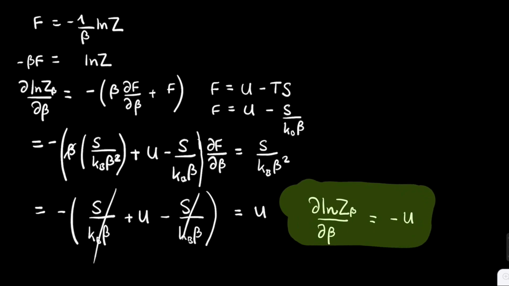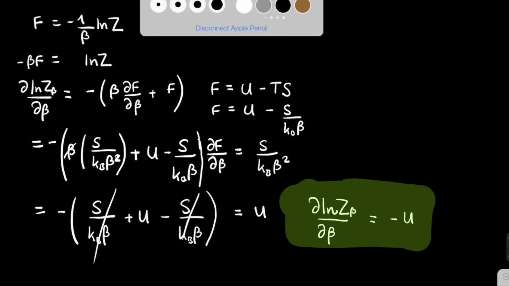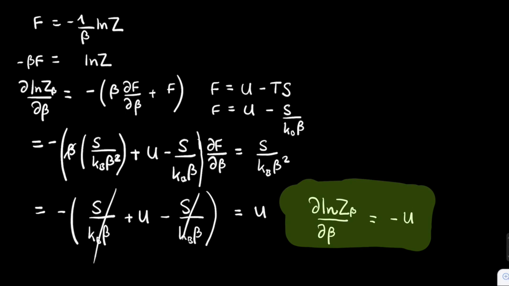Here is our second very useful magic box relation: the derivative of the partition function with respect to beta is simply the internal energy of the system, and that will be a really good thing that we're going to be using for when we're trying to calculate things like